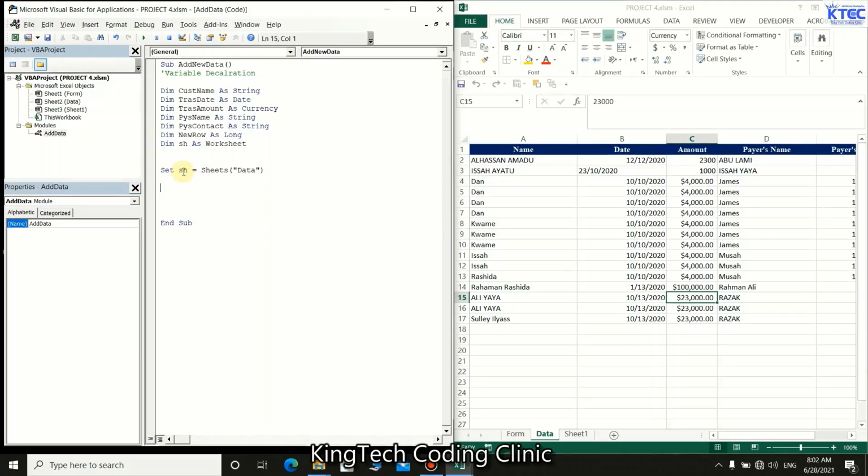Now the next thing we need to do is to assign values to our variables. So let's do that. Let's comment on that. So we say assigning values to variables. Perfect. Now to start with, we say with